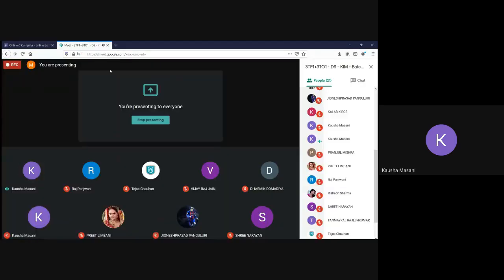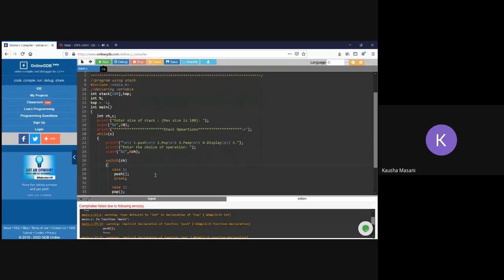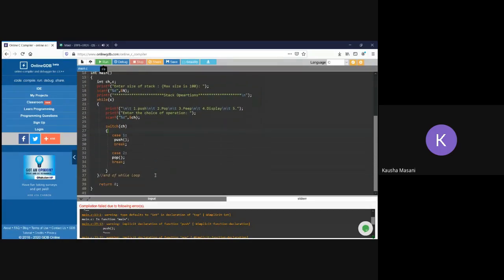The screen is visible. Okay. Oh, okay. Good. You are taking stack size dynamically. Fine. Go down to your push function.